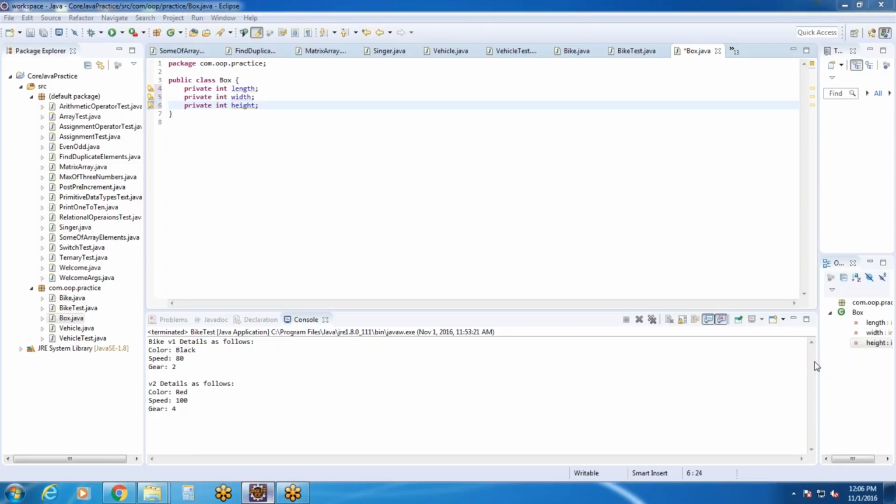So all these three properties are the private properties, right? Now press enter after line 6. So any box should be defined with some length, width, height, or you can call it the depth of that box, right? Anything is fine. Now let's generate the getters and setter methods for this. So right click